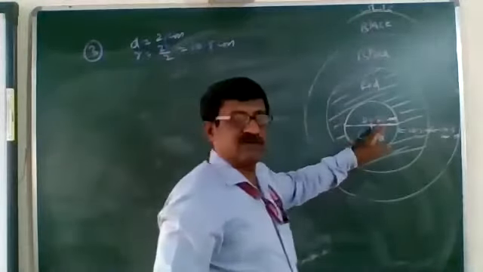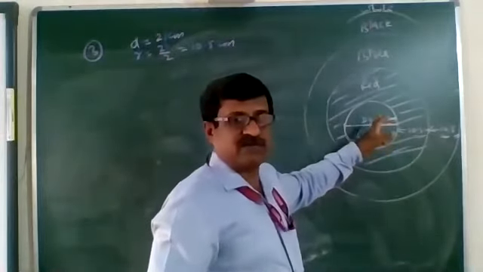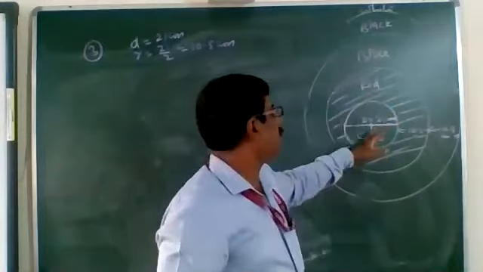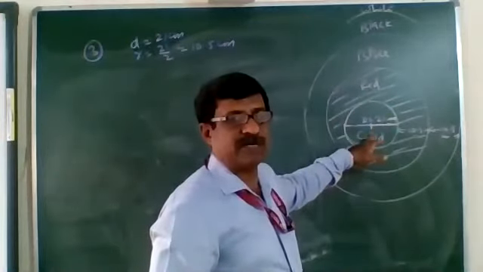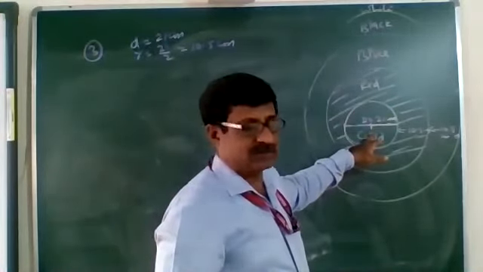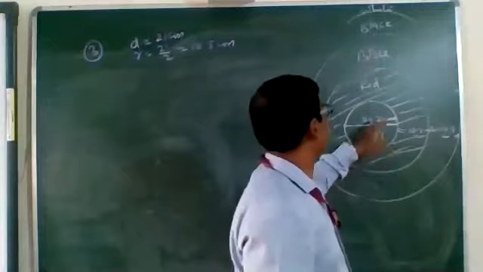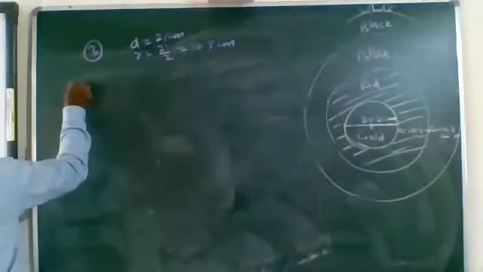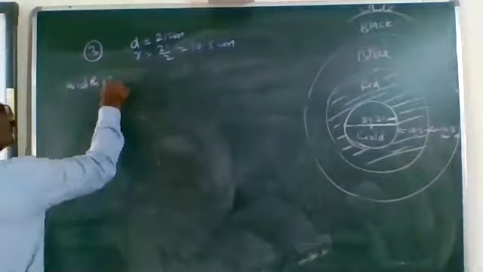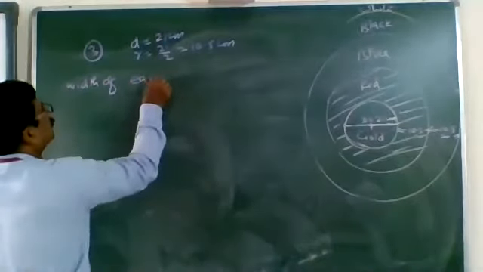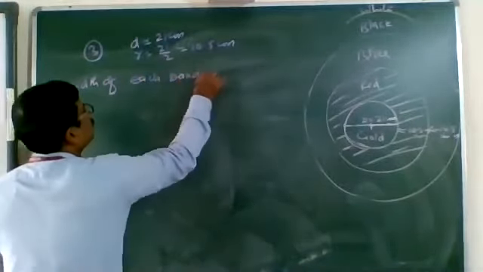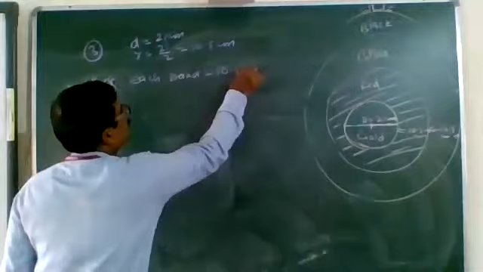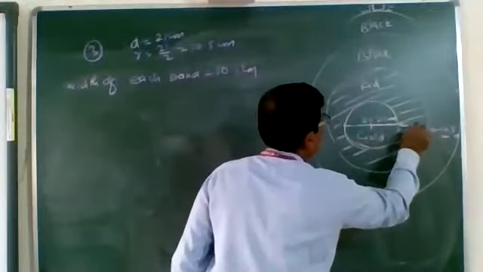Each ring's width we have to find out. Gold we got, which is circular in shape, pi r square, 46.5 centimeters square we got. We try to find out the width of each band, which is given as 10.5 centimeters. This is given, 10.5 centimeters.